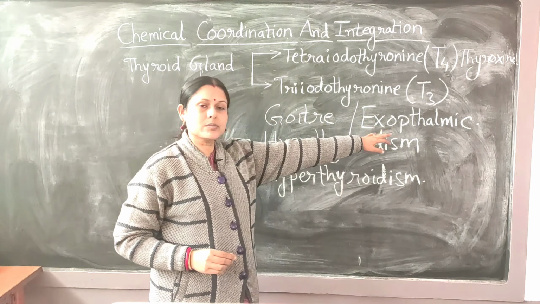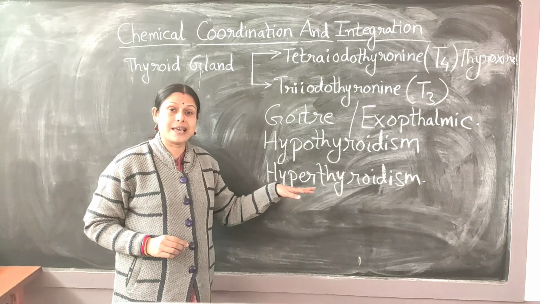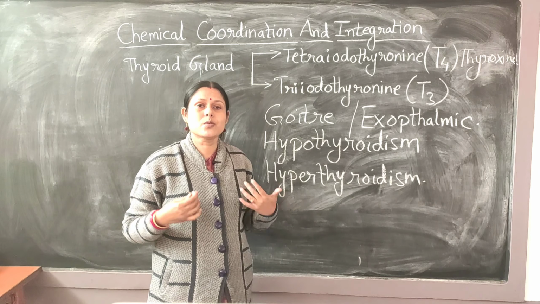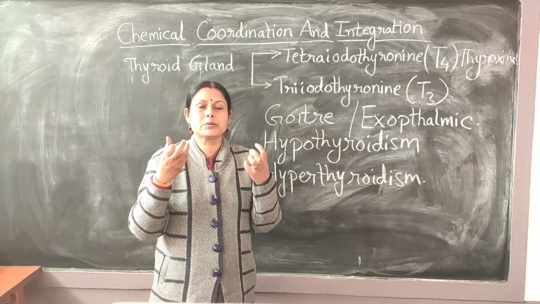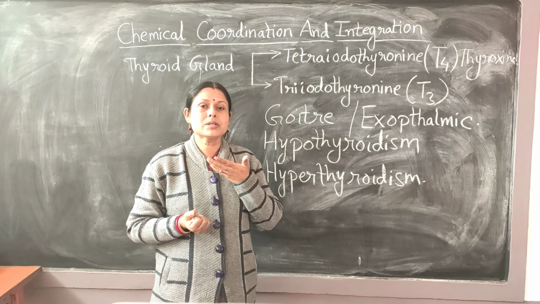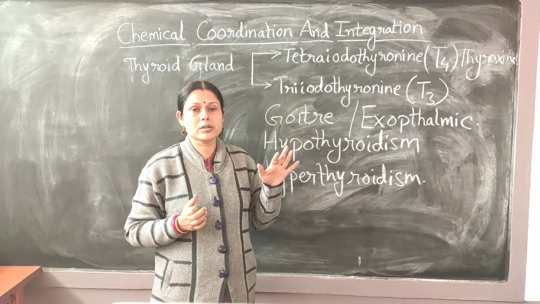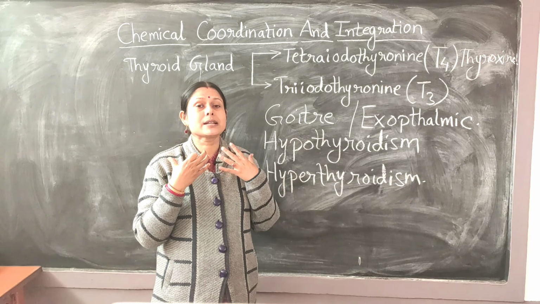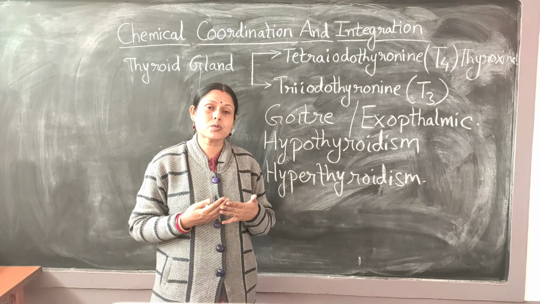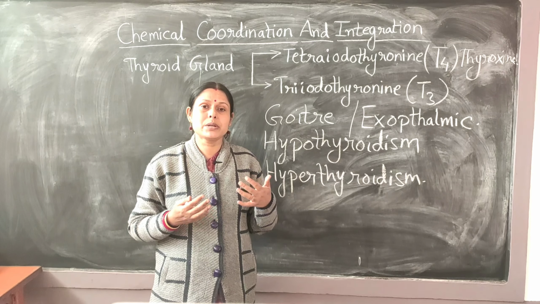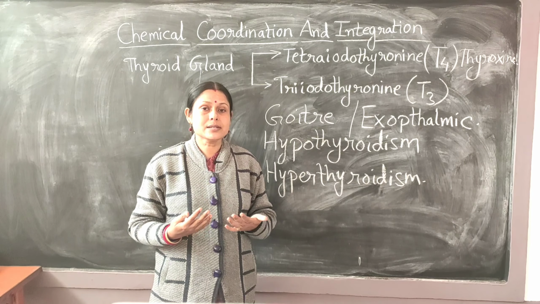Now, exophthalmic goiter is because of the excess secretion of the thyroxine hormone. So, what will happen? The abnormalities will be protruding eyes. The eyeballs will be protruding out. The neck will be swollen, as it happens in case of simple goiter also. Because of overwork of the thyroid gland, the neck becomes swollen. So, in exophthalmic goiter also, the neck becomes swollen, the eyeballs are protruding out, and the basal metabolism rate increases,